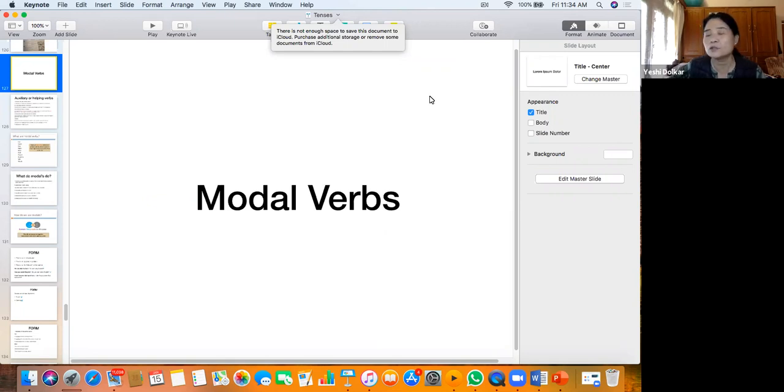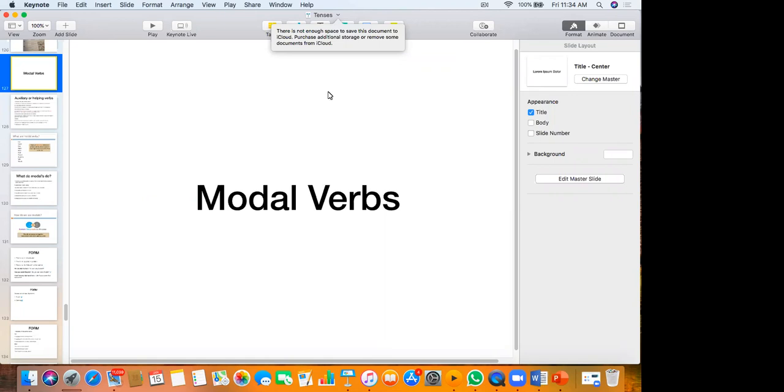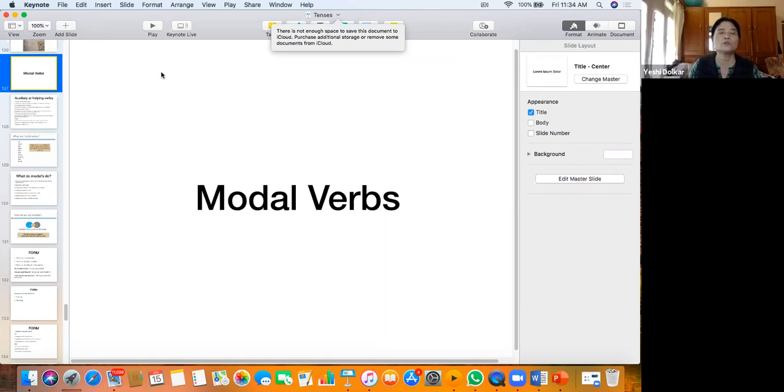All right. So today we're going to look at what we call the modal verbs. Now let's see what these are. They're very important, and a lot of mistakes come from these kinds of verbs. What are these verbs? We're going to look at these verbs. Have you ever heard of modal verbs?